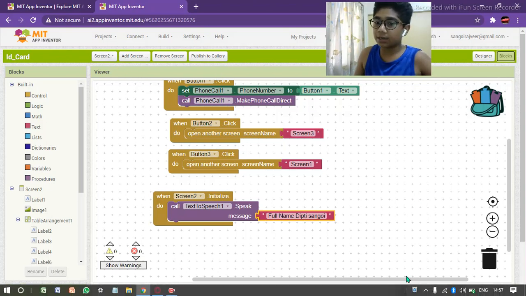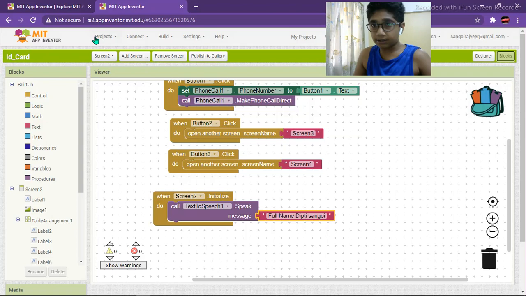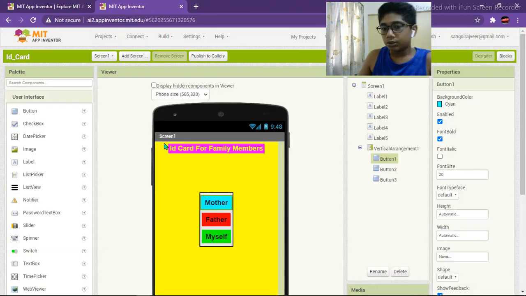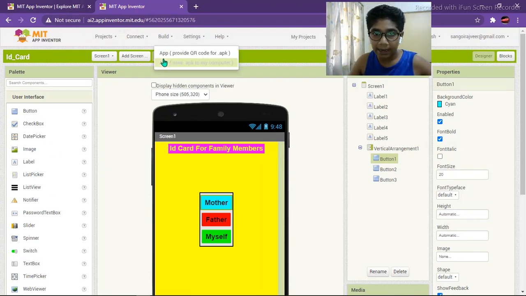Now let's come to screen 3 and screen 4, which you have to do on your own. I have done screen 3 and screen 4. What you need to do now is scan and test, and once it is right, you can download your app by clicking on build and provide QR code for .apk.